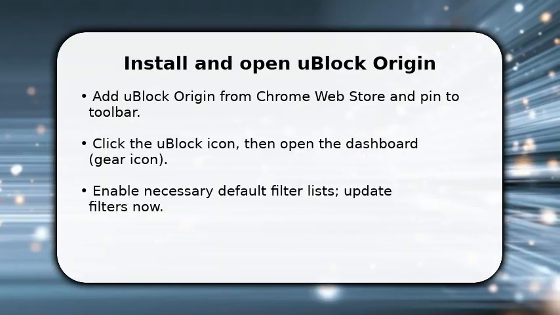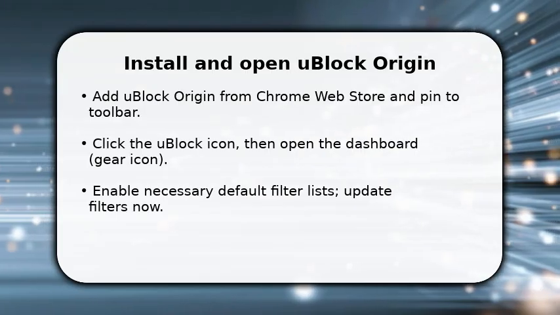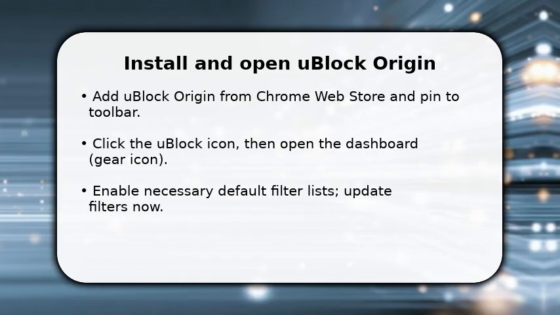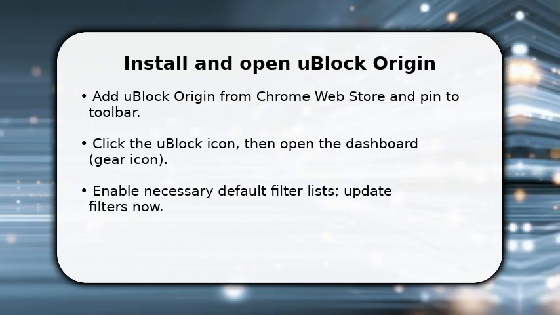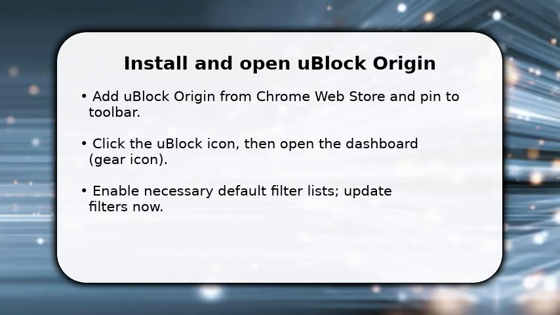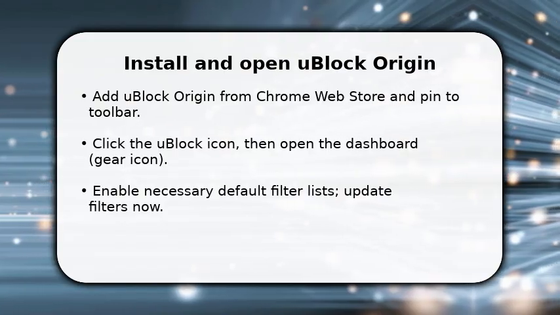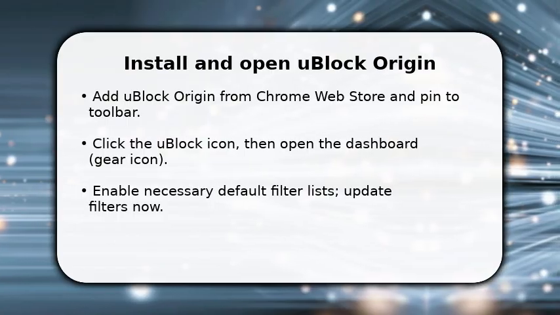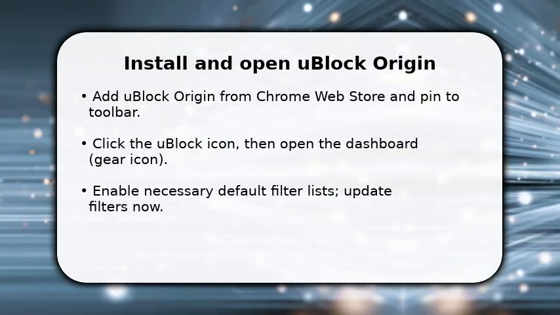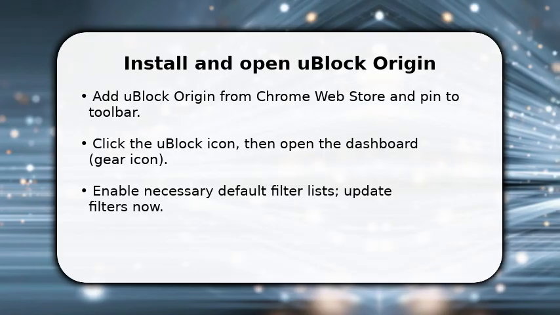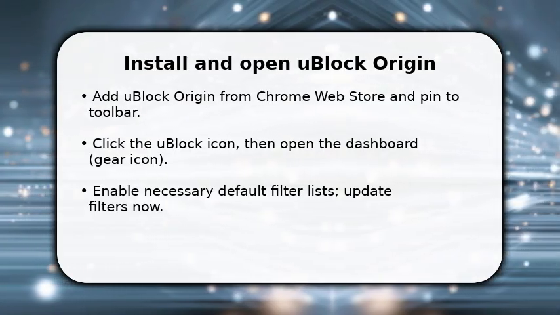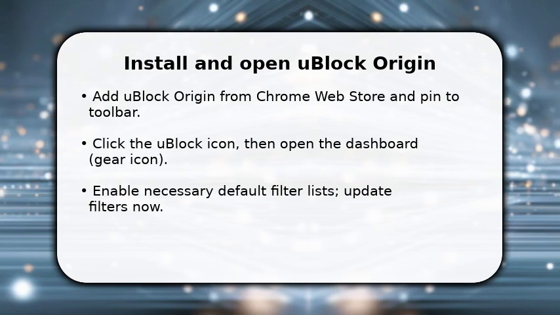You'll install and open uBlock Origin and start with the core controls. First, add the extension and pin it to the toolbar so it's always visible. Once done, click the uBlock icon and open the dashboard via the gear. In the dashboard, enable recommended filter lists and hit Update to download rules. This blocks most ads and trackers automatically. Make sure to grant any required permissions and keep the extension enabled so Chrome uses those filters on every site